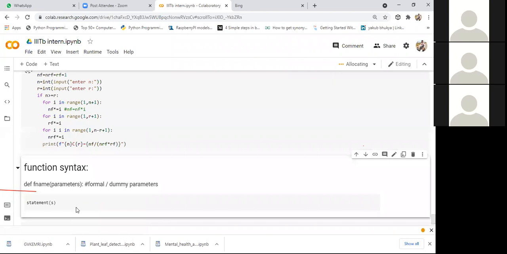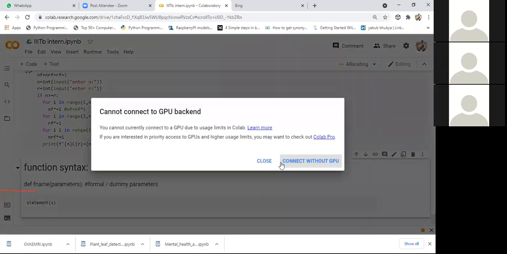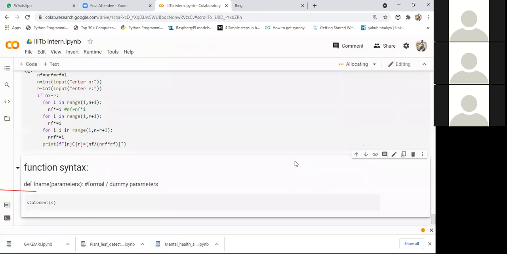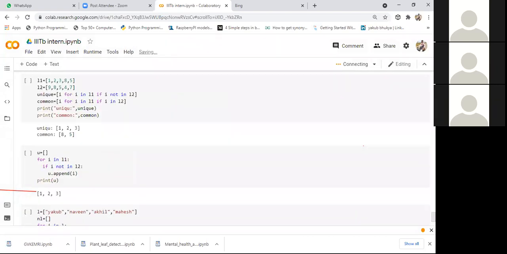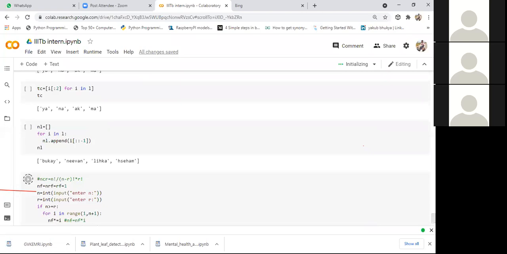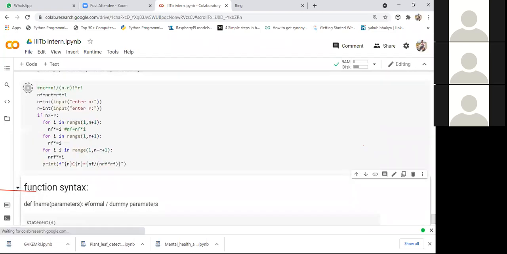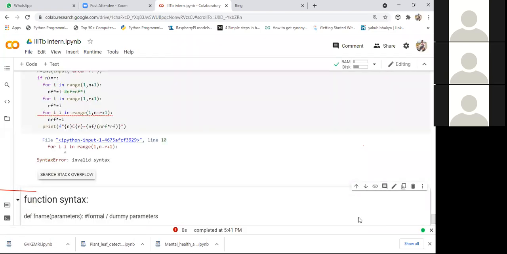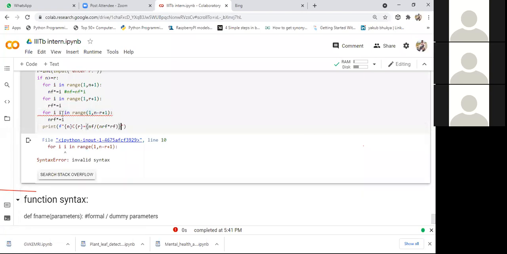Now I'm running this portion. It's asking me to connect without GPU. I'm connecting without GPU. Yes, here we got an error because we specified i twice.